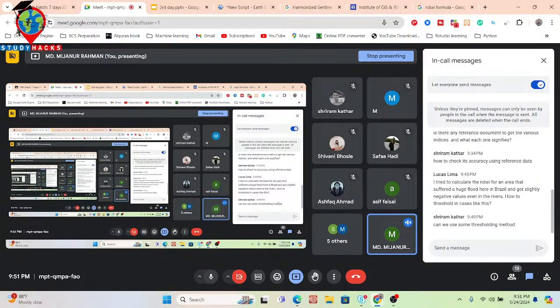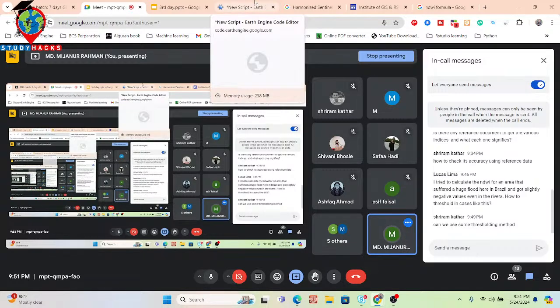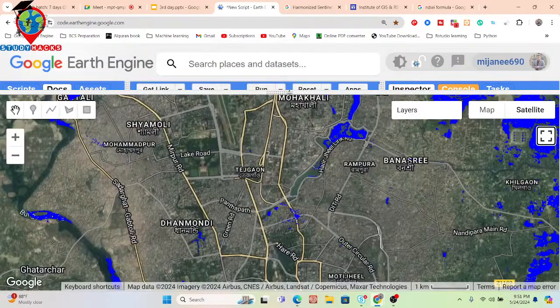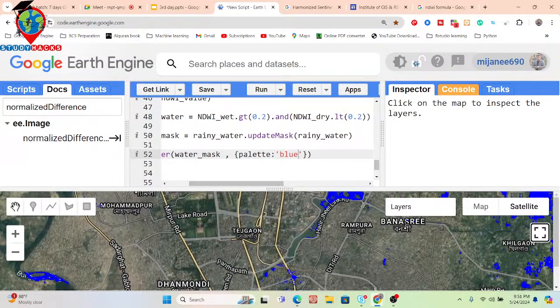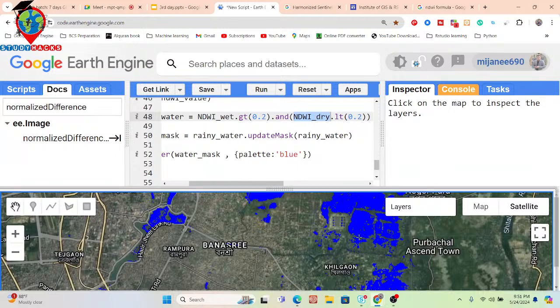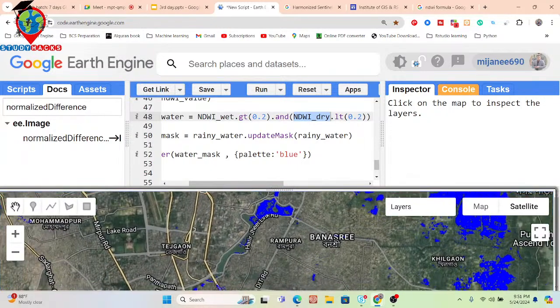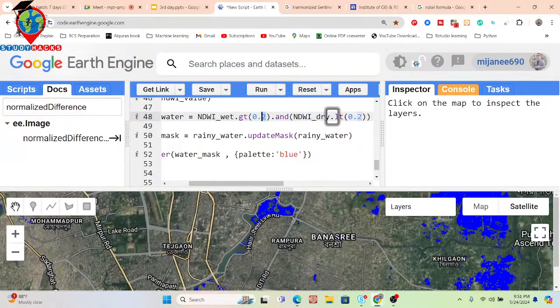We apply a thresholding technique, and before that we have to check the pixel values. Then we put this type of condition. Suppose this time I want to check only for water pixels which are greater than 0.2 from rainy season NDWI and less than 0.2 from dry season NDWI. Then we get this type of result. But if you change the value, we get a different result. So the thresholding technique varies from region to region.